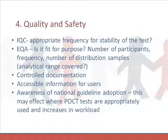EQA, again, is it fit for purpose? Number of participants in your group. If you're in a group of 1, 2, 3, then really are you getting that benchmarking? You're not really getting that value from being in that EQA scheme. Frequency, number of samples within that distribution. Does it cover the analytical range often enough? All those sorts of things need to be taken into consideration before you choose either a QC program or an